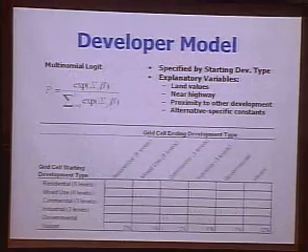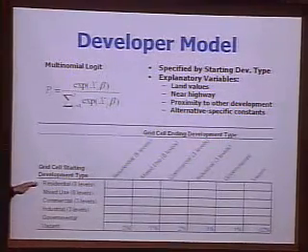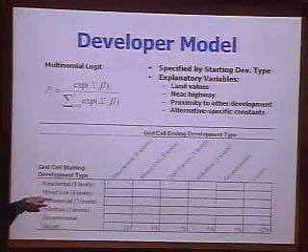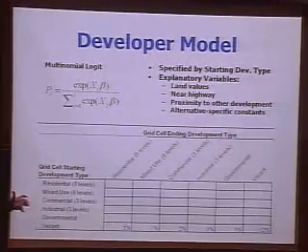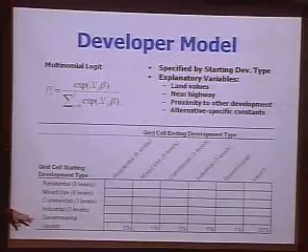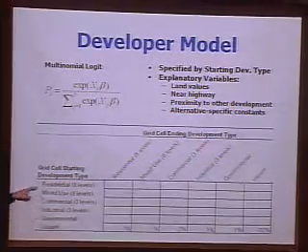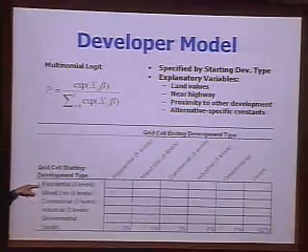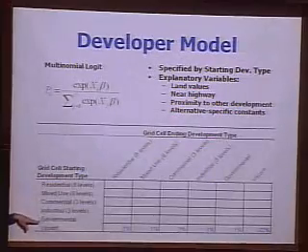Now the developer model is like this. Once again, it's a multinomial logit, but what you're doing is starting with one development type and then choosing another one. Actually, what you might do is choose the same one. In other words, you don't change. I've just listed the development types here by their basic categories, but there are actually 8 different types of residential, 8 mixed use, 3 commercial, 3 industrial, government, and vacant.